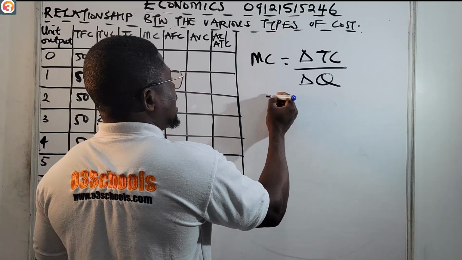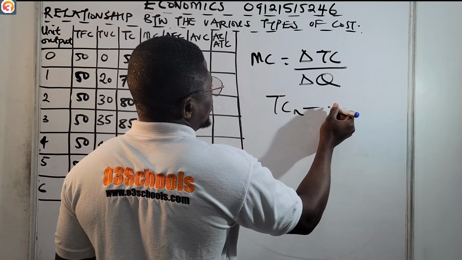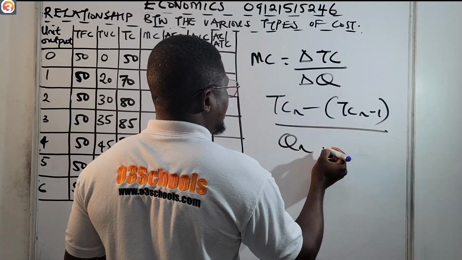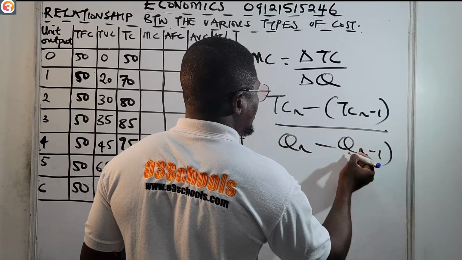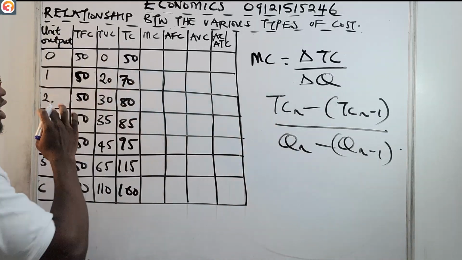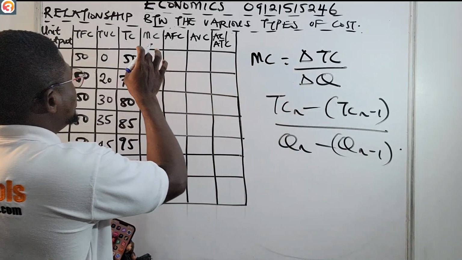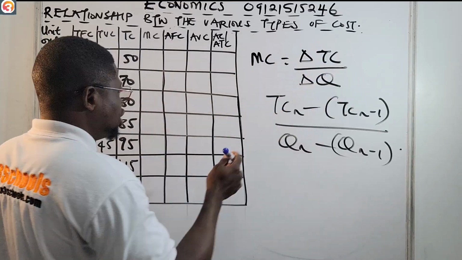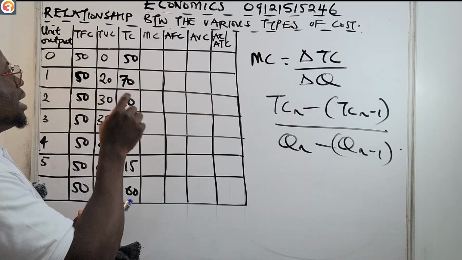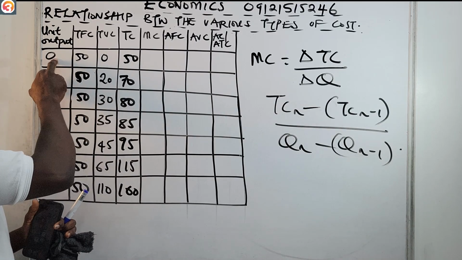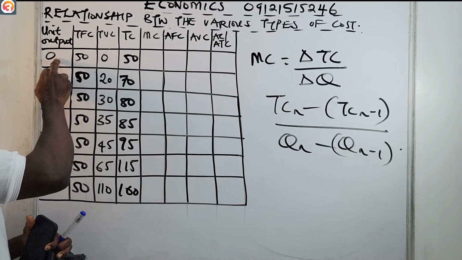Remember when we say TCn minus TCn minus 1, all over Qn minus Qn minus 1. So this is the formula. That means if you want to find the marginal cost, just find the change in TC by change in Q. So the marginal cost for a 0 unit of output,